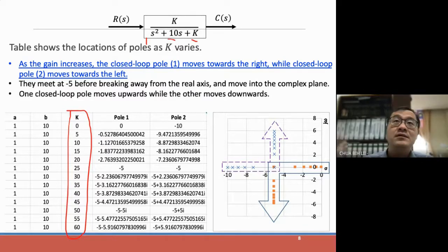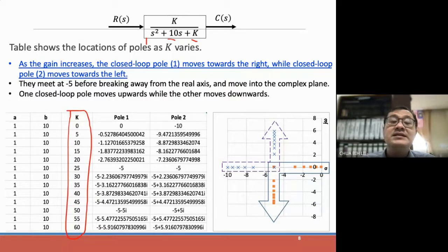You just use the equation of minus b plus minus square root of b squared minus 4ac, divided by 2a, right? So you just apply that formula in your Excel, then you can generate your poles easily. Okay, so when I plot this out,